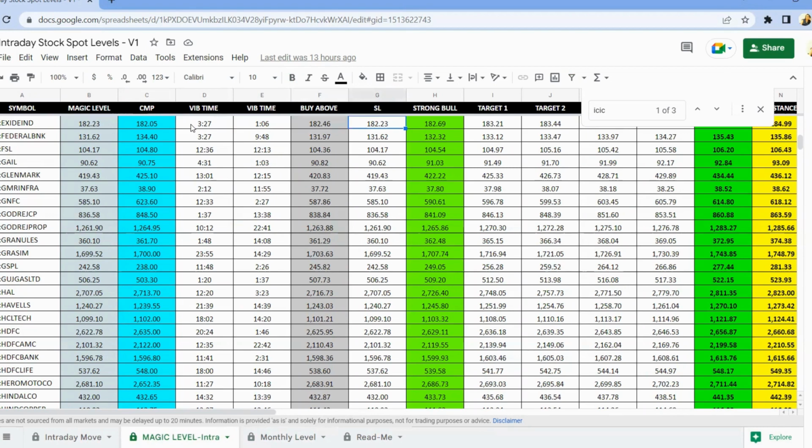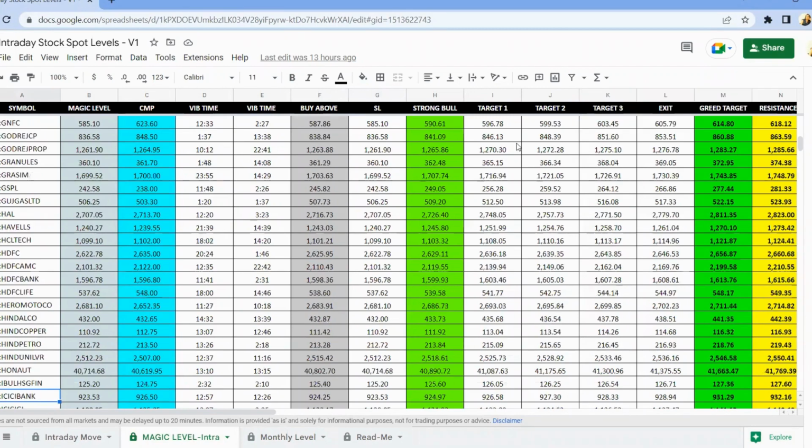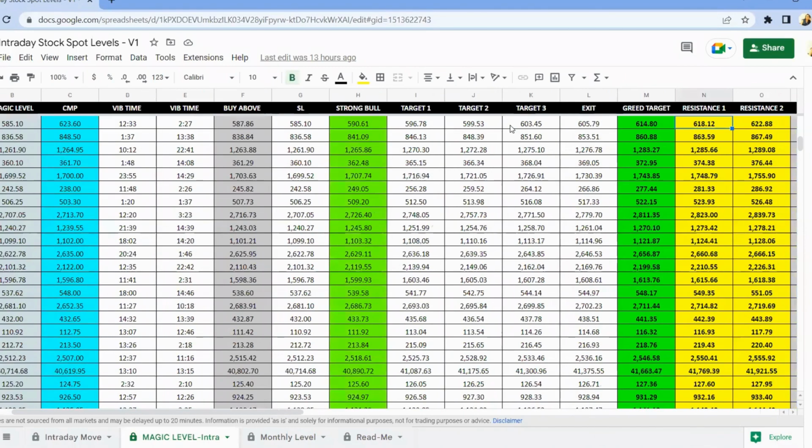आपको क्लियर लेवल्स भी दिए हुए हैं, बाई अबव कौन सा लेवल है, स्ट्रॉन्ग बुल कौन सा लेवल है, टारगेट्स क्या है, इंट्राडे में ये सब आपको हर एक स्टॉक का अलग अलग दिया हुआ है, बेस्ड ऑन एग्जिट कहाँ करना है, ग्रीड टारगेट, मैजिक क्या लेवल है। मैजिक लेवल ही अपना स्टॉप लॉस रहेगा। सपोज अगर मैजिक लेवल है, और उसके ऊपर सीएमपी रहेगा अपना, तो अपने को बाई साइड बैठना है, और उसके नीचे रहेगा मैजिक लेवल तो अपने को सेल साइड बैठना है।